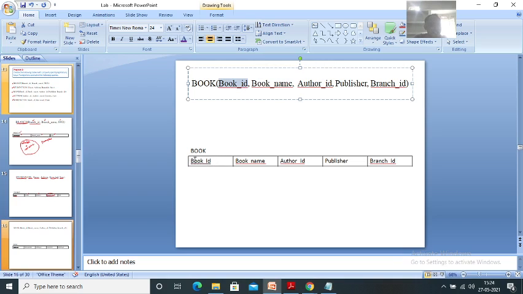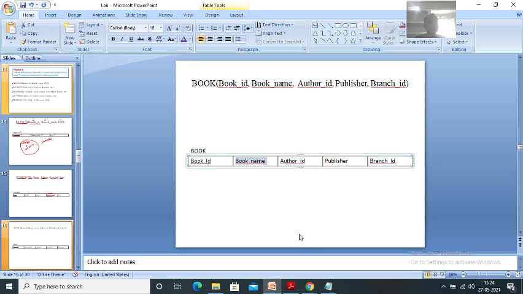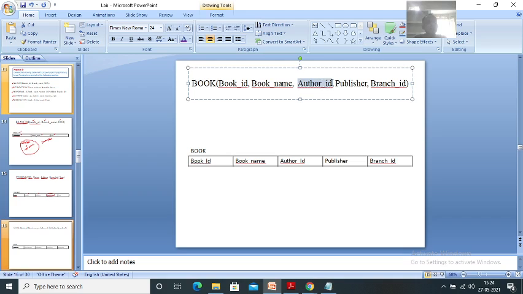That's why it is underlined. Okay, and every book will be having a name. That's why it is also one of the other attributes. Got it? And every book will be having the author.